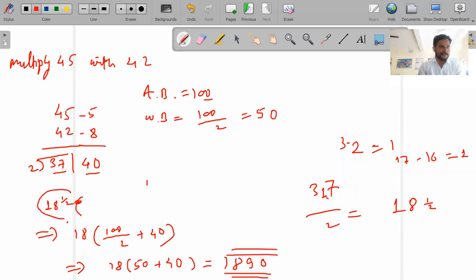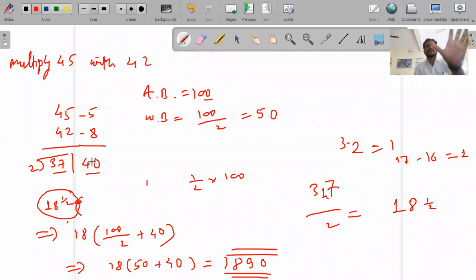Such kinds of things may happen. Let's have one more example of this kind. Any doubt? Here 1 by 2 is there, so you have to multiply it with 100. Multiplication by 1 by 2 means you have to divide it by 2. So 50 will be there, and you have to add the 50 to the right hand side. This is the method.